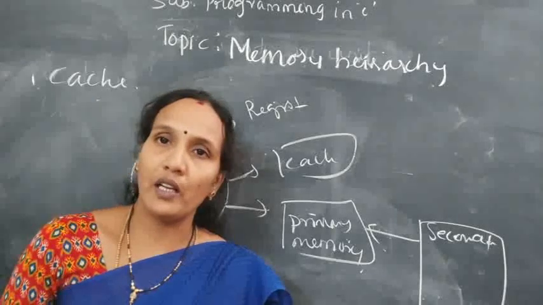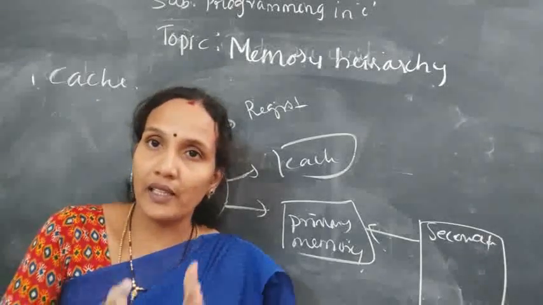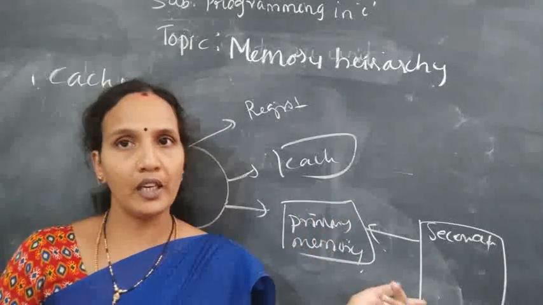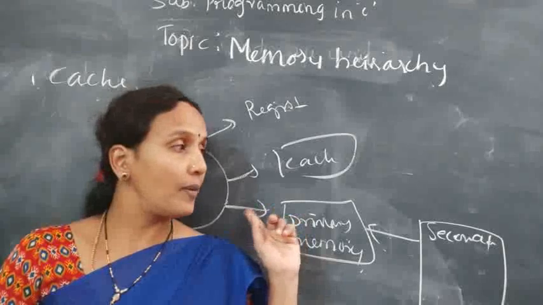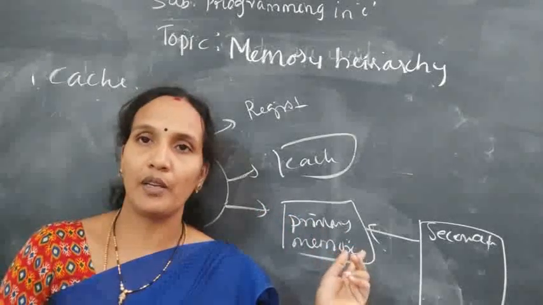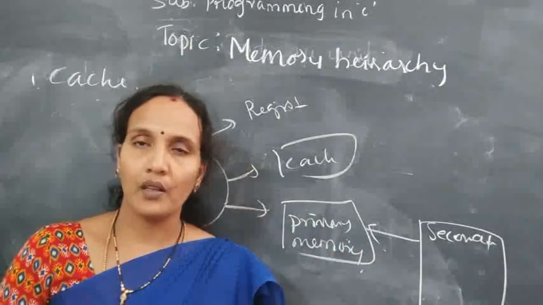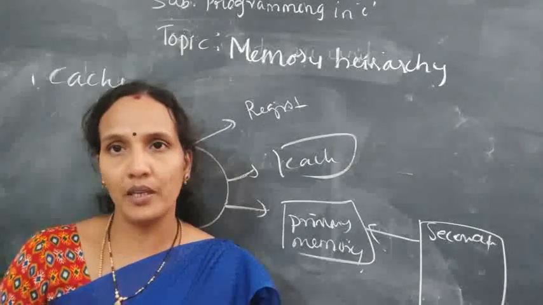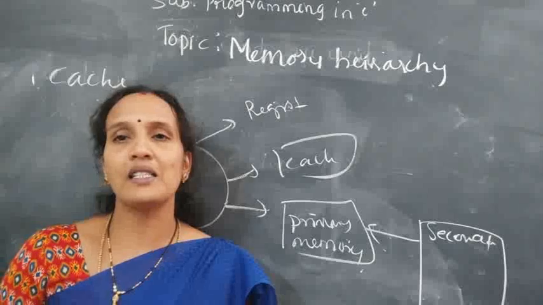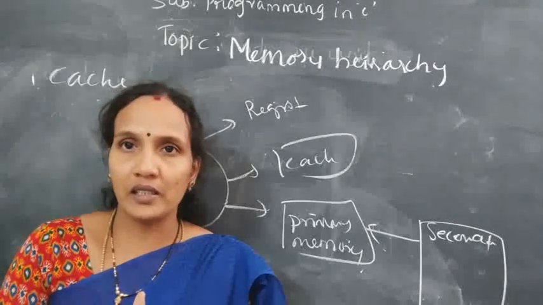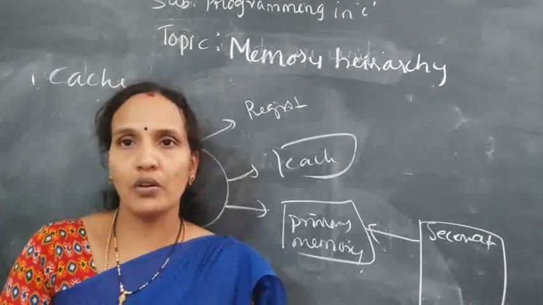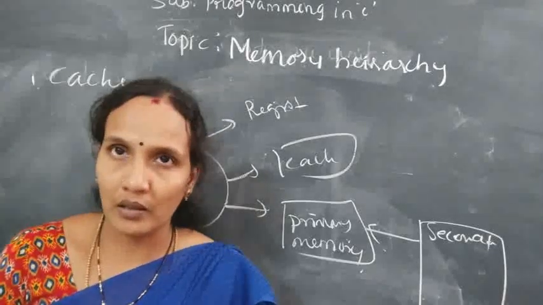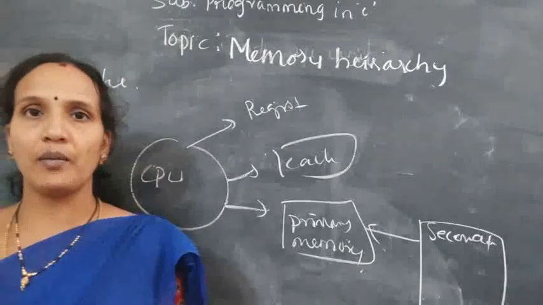So whatever file you want to execute, if that file is in the secondary memory, then that file should be transferred from the secondary memory to the primary memory, and the CPU will take that file from the primary memory for the execution. Understood? So your primary memory is called the main memory, and it is a very fast accessing device. It can store a few programs, the programs which are currently executing, the data which is needed currently by the CPU.